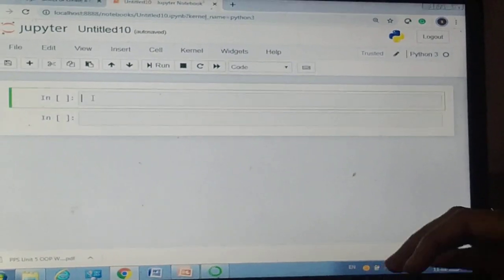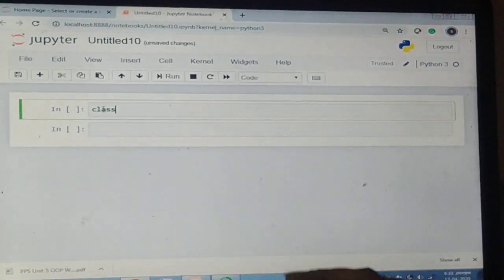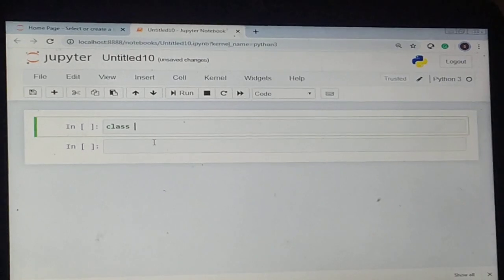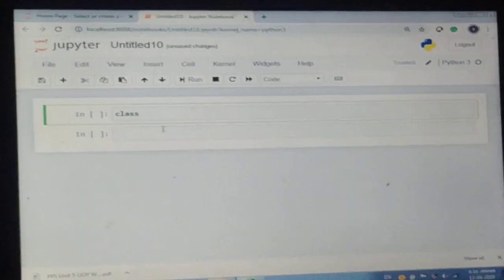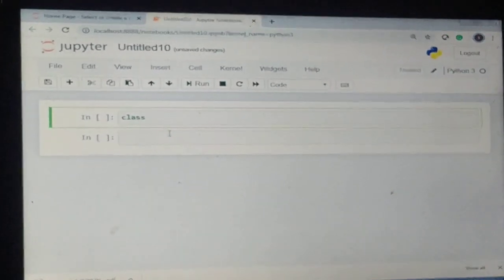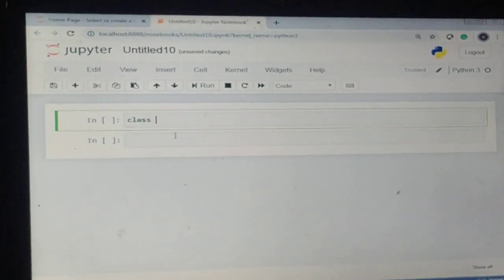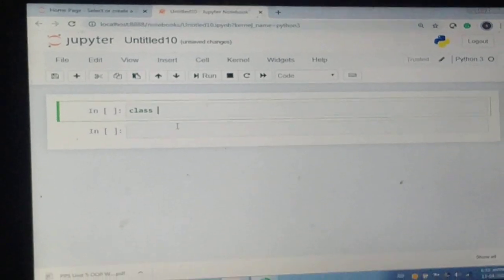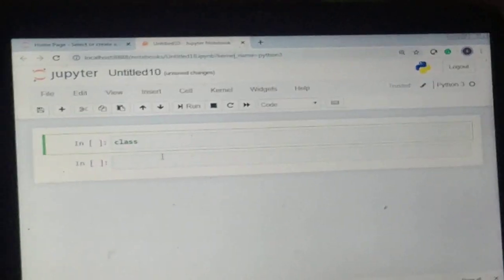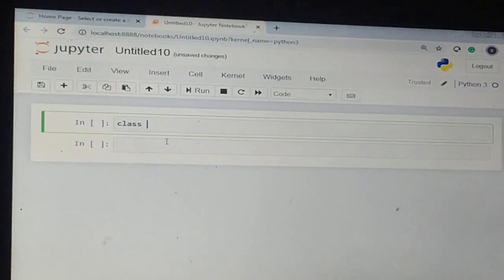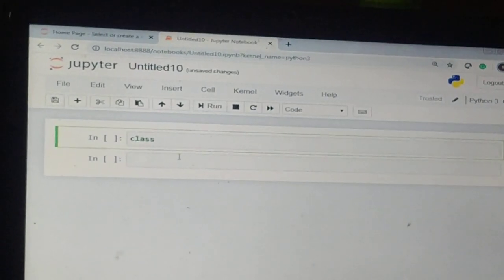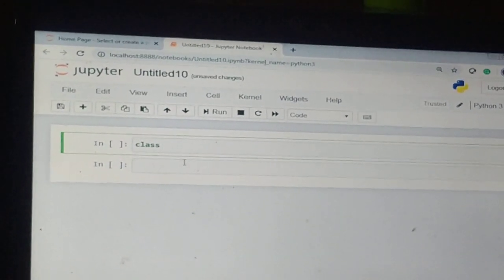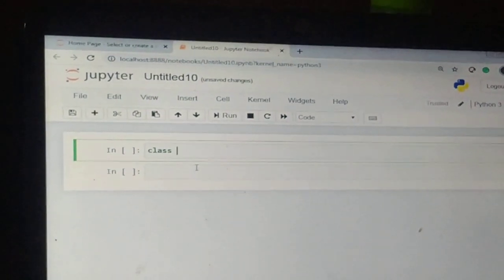To create a class, you need to write the class keyword first. Whatever you write next to it is by default a class. Suppose I have to make a function for printing hello world, because we started from strings and went through functions and modules, and every time we have performed the hello world program. So here I am also giving you a very basic example of how to access data members and member functions. Firstly, I have defined a class.